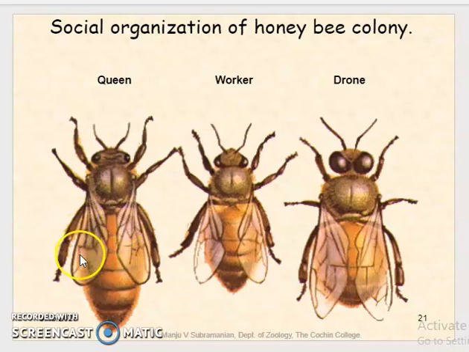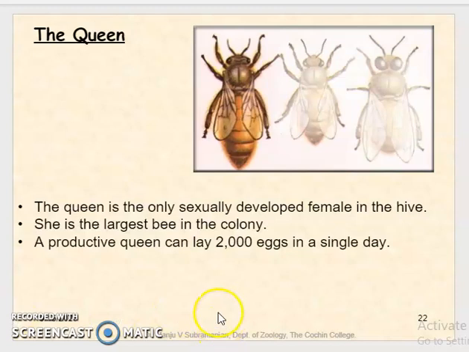Social organization in the sense that there will be the queen, there will be the worker, and there will be the drone. The drones are the male members, whereas the queen and the worker are the female members. Let us see the social organization in the honeybees in detail. The queen is the only sexually developed female in the hive, and she is the largest bee in a colony,